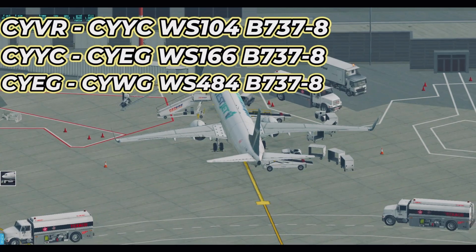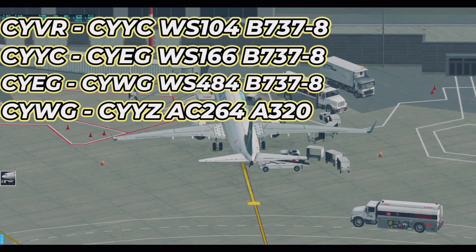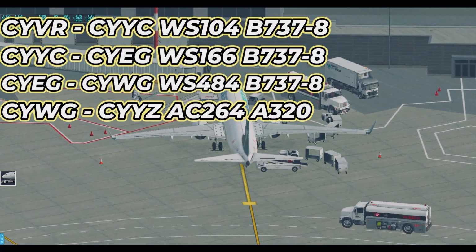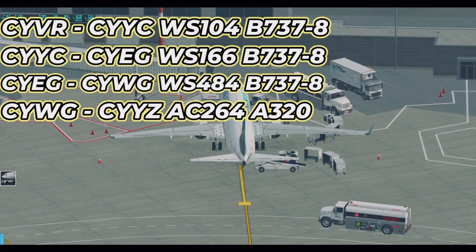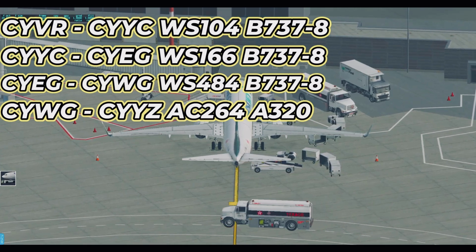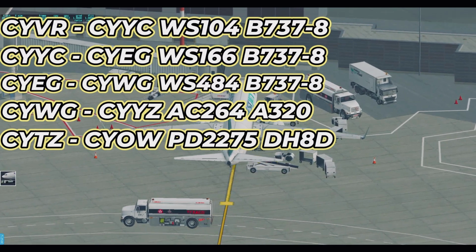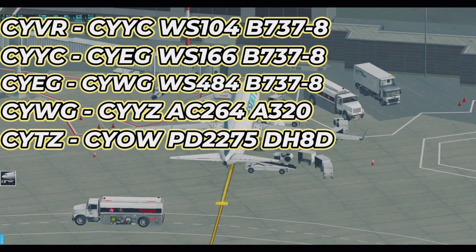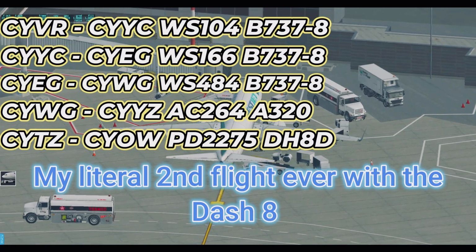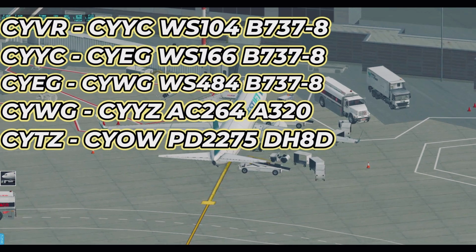We're gonna be flying Air Canada's A320 flight 264 to Toronto Pearson Airport. Then we're switching airports on the ground via car. We're gonna be heading to Toronto City Airport, and we're gonna be flying with Porter Airlines Dash 8 flight 2275 to Ottawa. From Ottawa, we're gonna be flying an